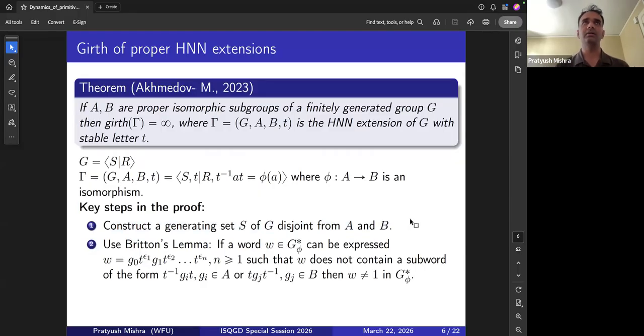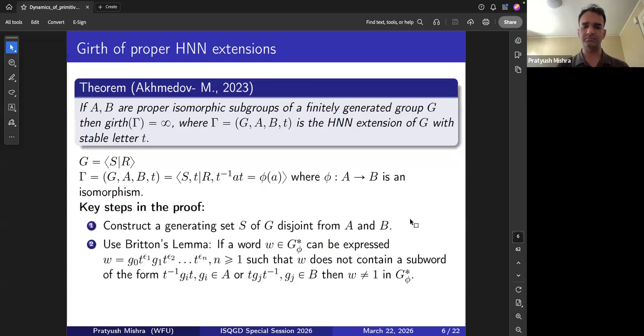So by ping pong, I mean there is this classical lemma in geometric group theory. In the most elementary version, it states that, let's say I have a non-empty set X, and I consider the group of bijections of the set X, and I take F and G to be two such bijections. If I can find two non-empty disjoint subsets A and B in the set X, such that any non-integer power of F maps A to B, and any non-integer power of G maps B to A, then F and G generate a non-abelian free group.